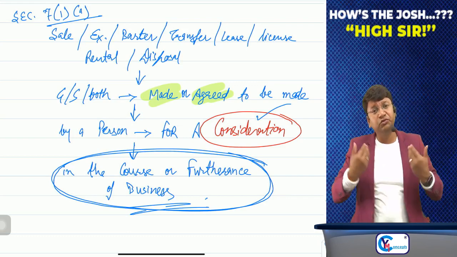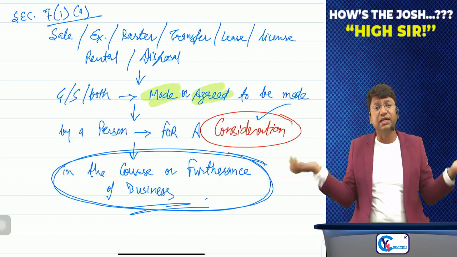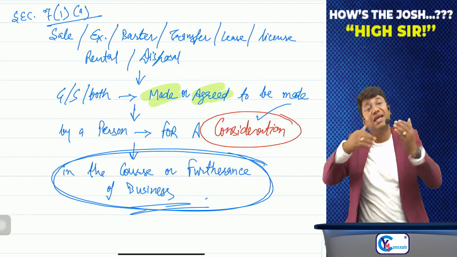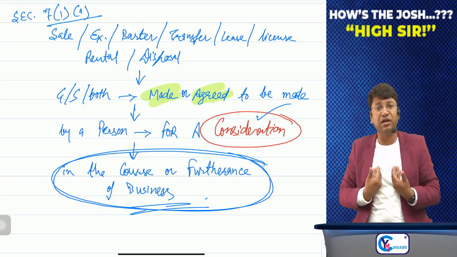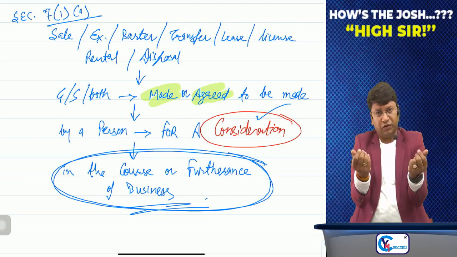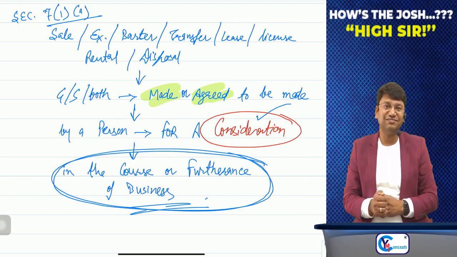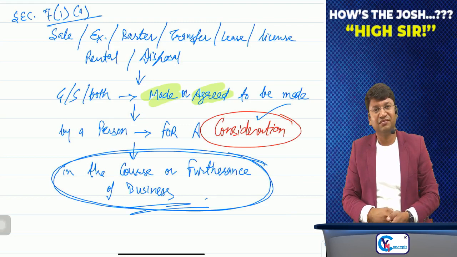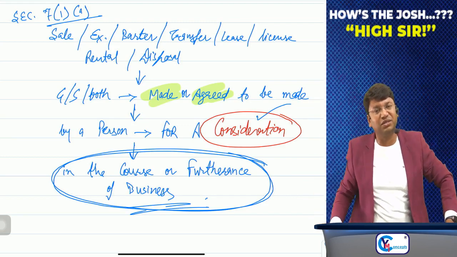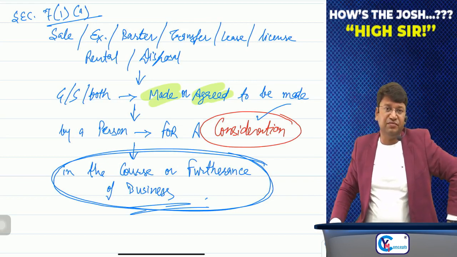But at the same time, if a jeweler, a person who is dealing in jewelry, or a person who is dealing in any business activity, is selling the goods which are in their stock or any of the business asset. Suppose I am a jeweler selling some jewelry to a customer. Yes, I am supplying the goods for a consideration in the course or furtherance of my business. Yes, it is supply. It is my business asset. If I am selling in the course or furtherance of business, yes, it is supply. Otherwise, it's not supply at all. Okay, your intent should be of business.